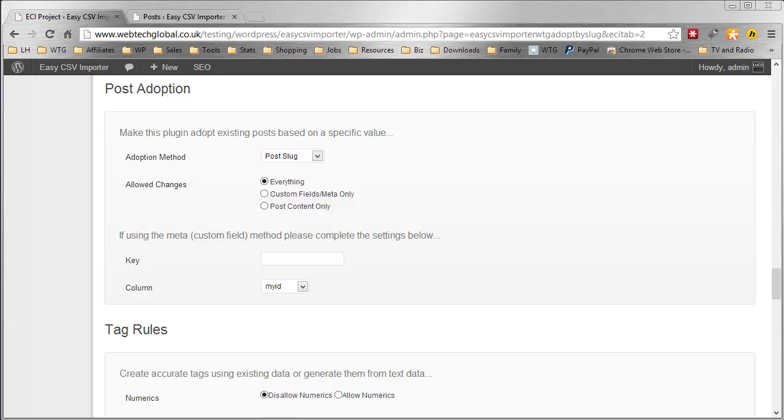This tutorial for Easy CSV Importer covers post adoption using the post-slug method. If we have post slugs in our data, we can pair the rows in our CSV file to posts already in our blog. The post slugs must be accurate in order for this to work, and even if you are quite confident that they are accurate, I still recommend backing up your data before proceeding, because